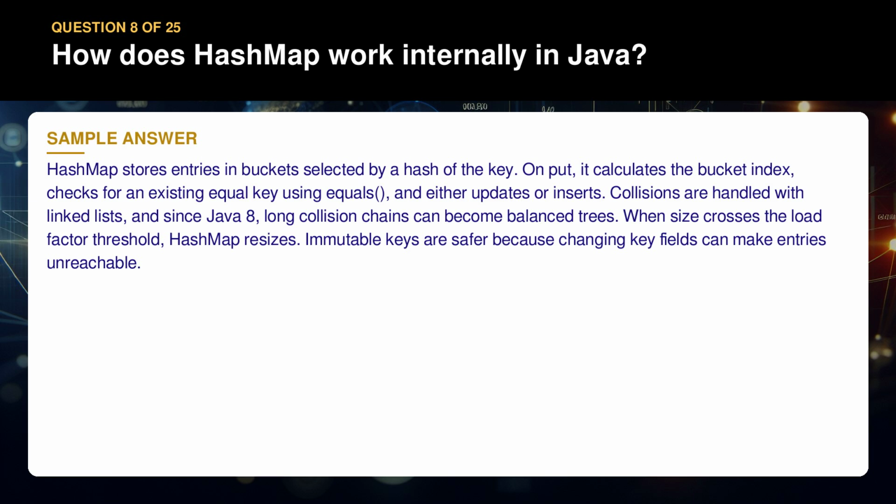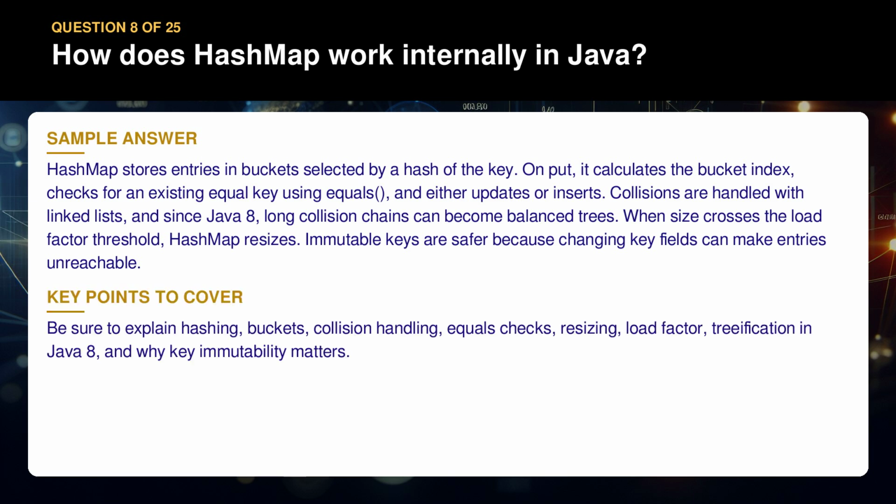Collisions are handled with linked lists, and since Java 8, long collision chains can become balanced trees. When size crosses the load factor threshold, HashMap resizes. Immutable keys are safer because changing key fields can make entries unreachable. Be sure to explain hashing, buckets, collision handling, equals checks, resizing, load factor, treeification in Java 8, and why key